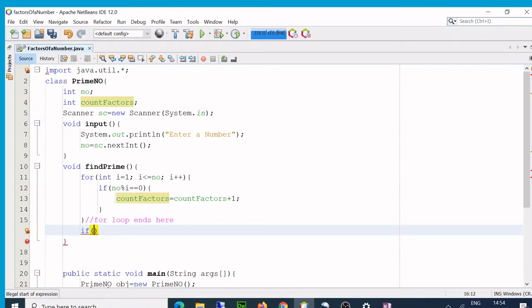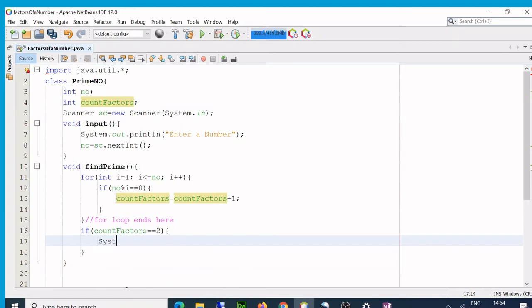If count factors equals what? 2, I told you. If the factors are 2, then print the number plus is a prime number.